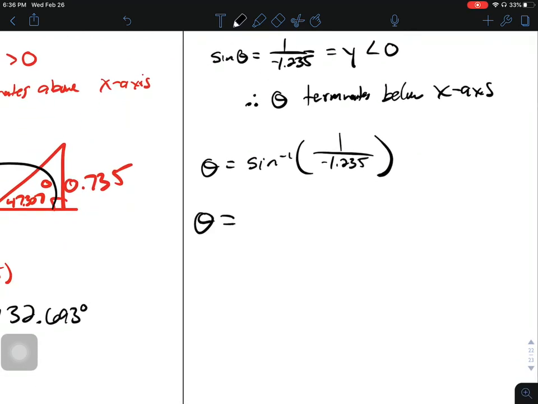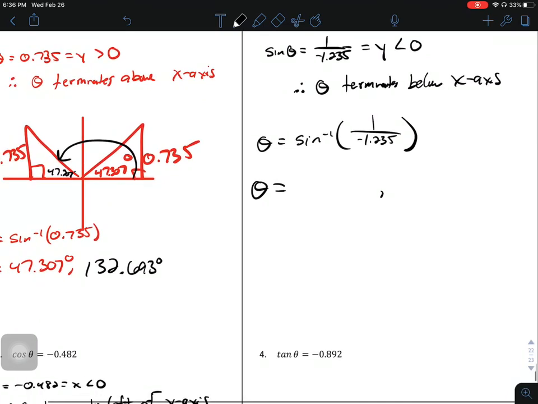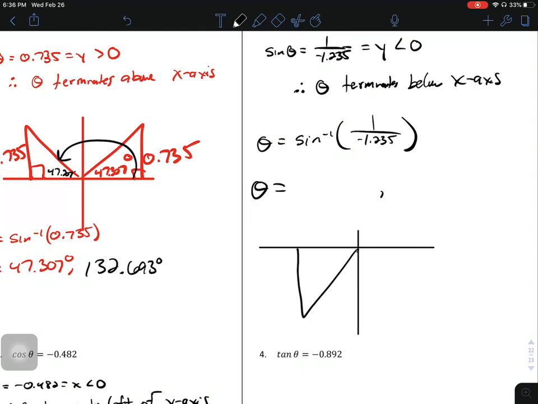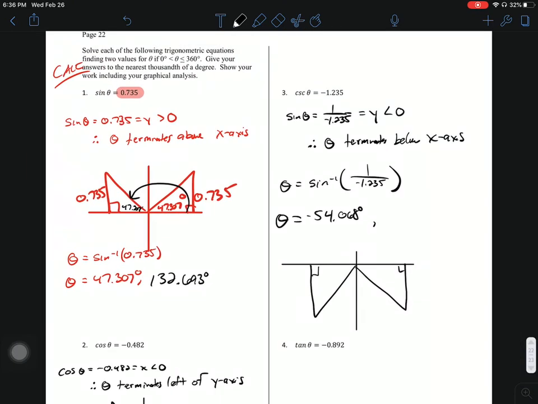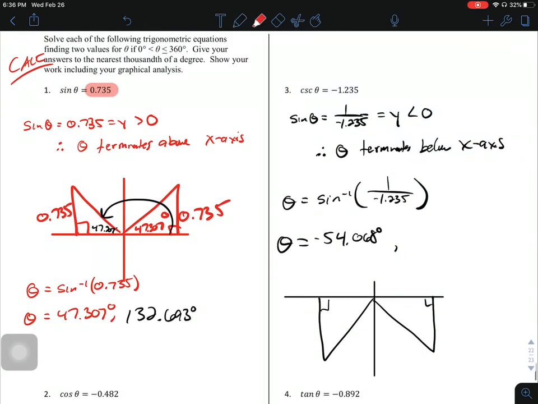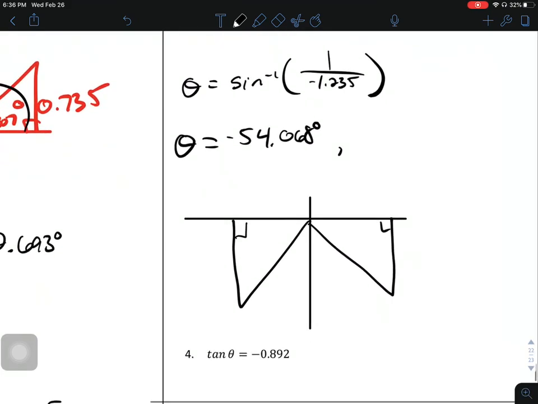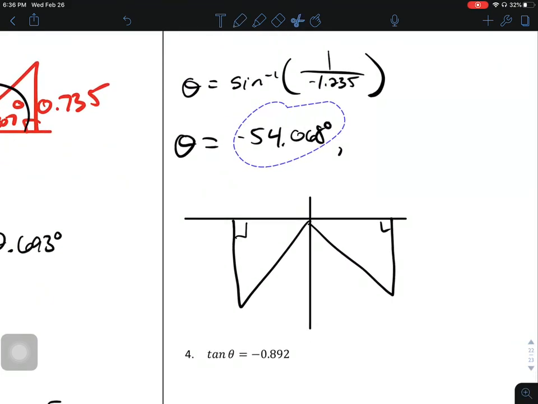We're going to get 2 answers every time we do this. So we know it's below the x-axis. It's going to be in quadrants 3 and 4. You put sine inverse of this into your calculator, you're going to get negative 54.068. And I can't write that as my answer because the direction said the angle has to be between 0 and 360. So not the answer,